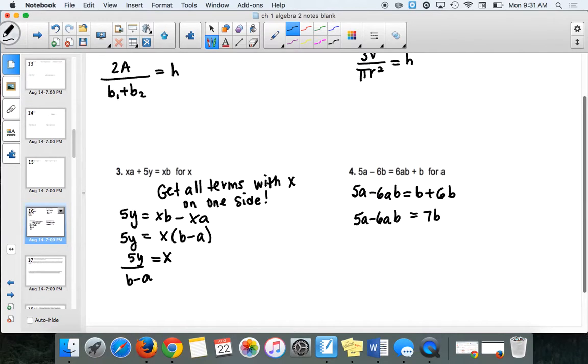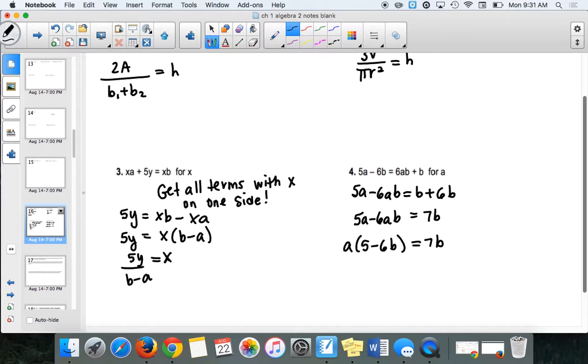All right, so I have 5a minus 6ab. So now I have everything that has an a on the left side of the equation. So I'm going to pull out the a, so factor it to the front. And when I do that, I'm left with 5 minus 6b. And you can check with the distributive property. We know we did it correctly because if I distribute the a in, I get 5a minus 6ab